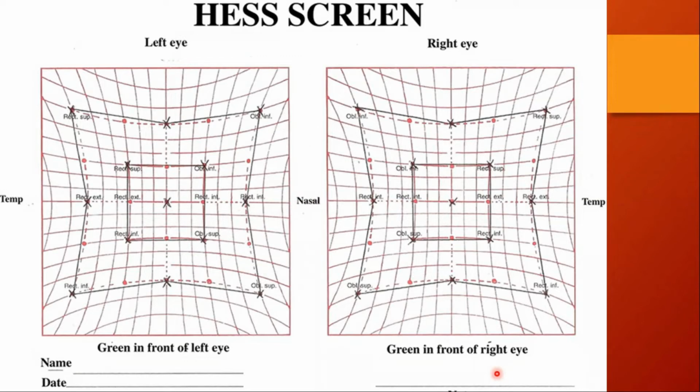So whichever way you like to remember. I remember generally green in whichever eye. Okay, so the green filter is there, that is the testing eye. So the green is in front of the tested eye. Yes, that is how I remember. So we can say the green is in front of the eye to be charted or tested, and we can say the green is in front of the non-fixating eye.